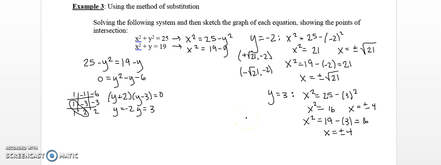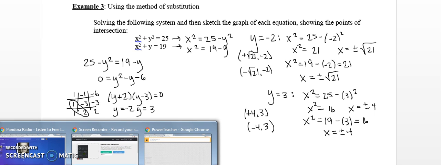The next one is at positive 4, 3, and at negative 4, 3. And rather than putting you through the excruciating task of me graphing each of these using this horrible mouse,